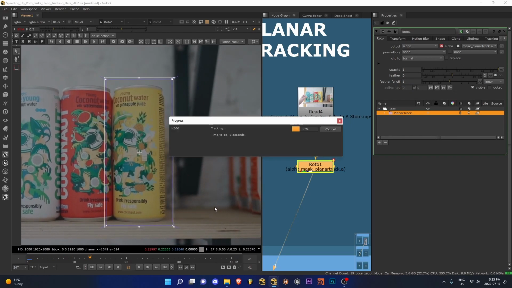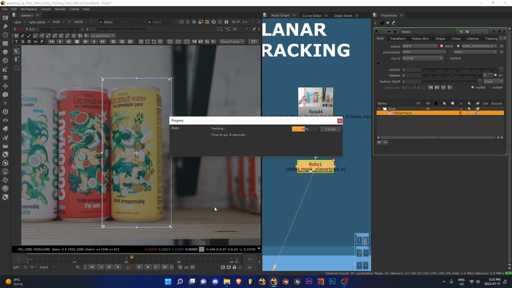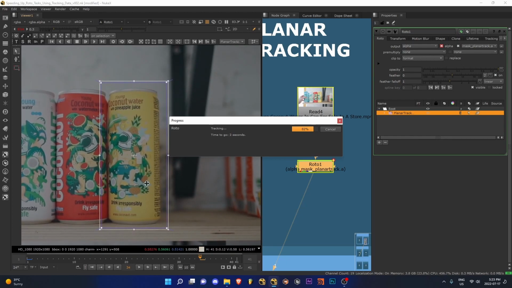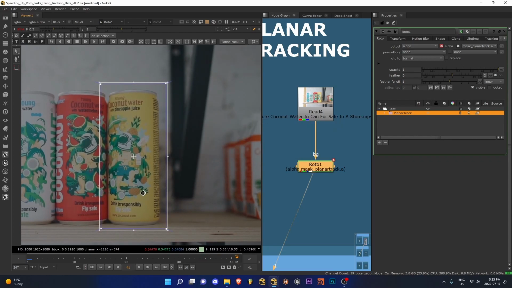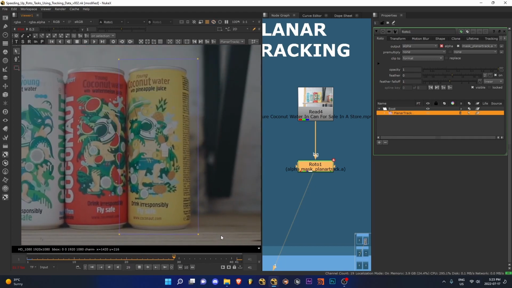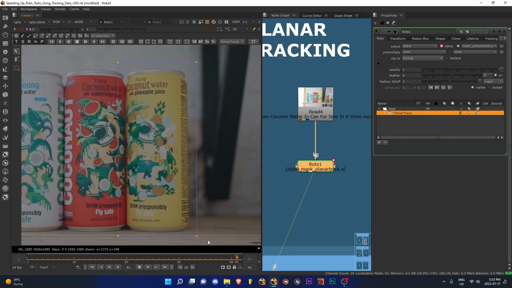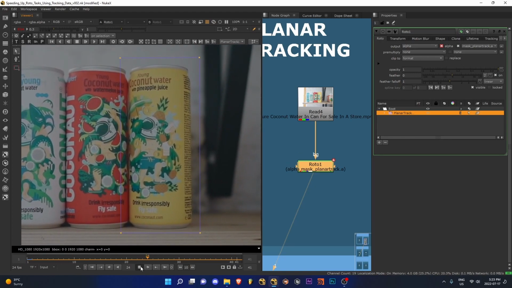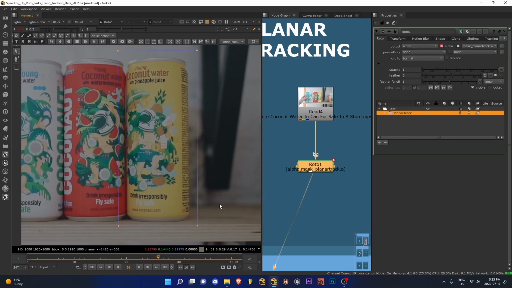Nuke will now start analyzing the shot and the subject, and will pretty much do the hard work for us. And as you can see, the shape is now sticking to the can, and it's following wherever the can is going. If I were to play this, you can see my shape is following the movement of the can very well. And what this is going to allow us to do is, we've got the tracking information. Nuke did the hard part for us. Now all we have to do is feed in a custom shape that follows the can's edges nicely,